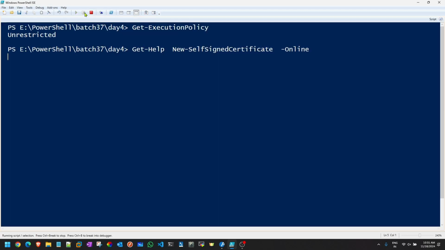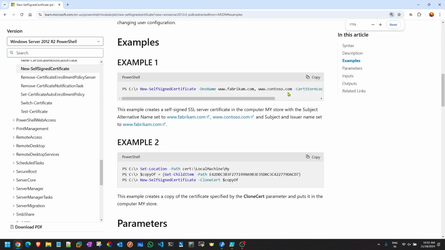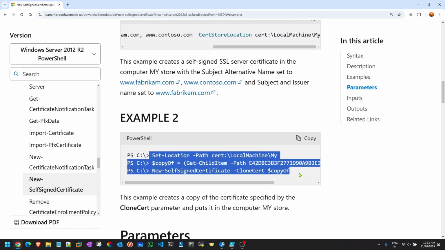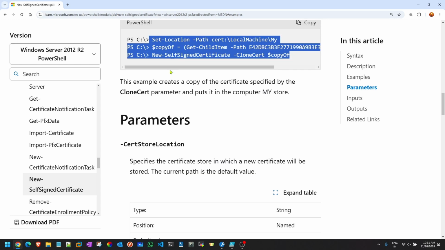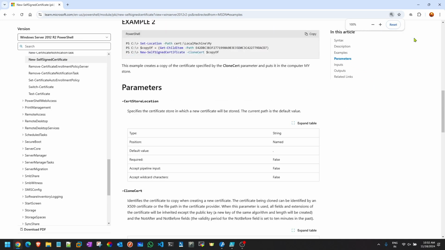When I go for this particular commandlet, it will take me to the official Microsoft page. I can click on examples and there we go. You can see new self-signed certificate and other stuff is available over here. There are only two examples available. It is not sufficient for my entire working. That's why I'm going with the customized command.